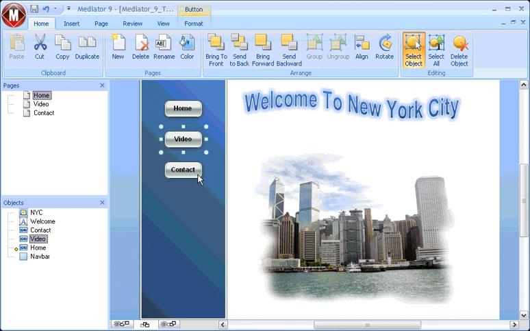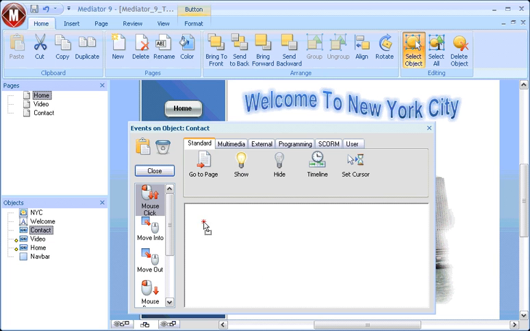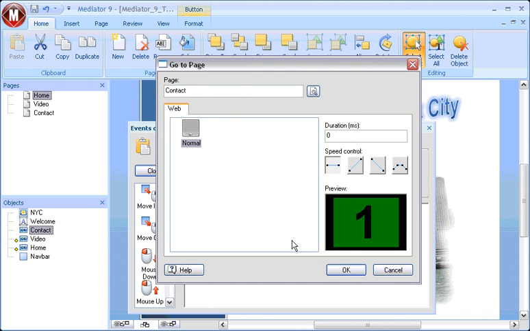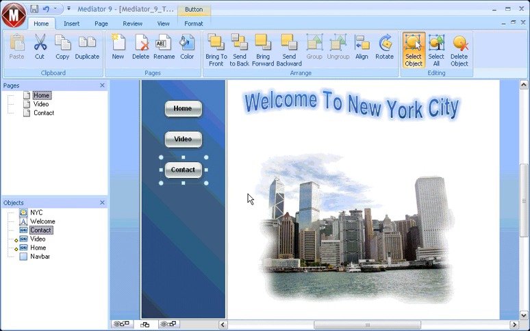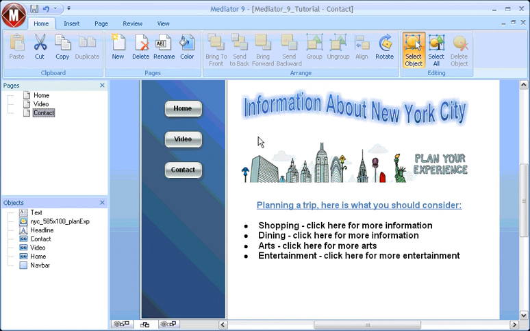Let's do the contact as well. I right-click, I choose Events. I choose my action, which is mouse click. I choose my Go to Page, and when I click on the contact button, I want to go to the contact page. I choose OK, choose OK again, and I close out my project. Now what I've done here is I've programmed the home button to go to the home page, my video button to go to the video page, and my contact button to go to the contact page, all with the individual